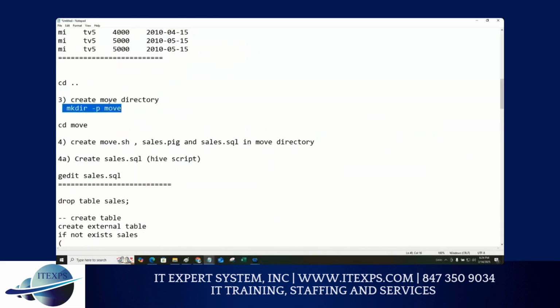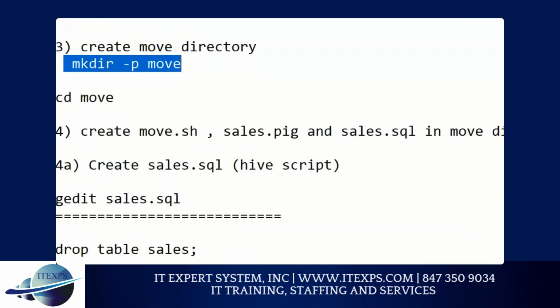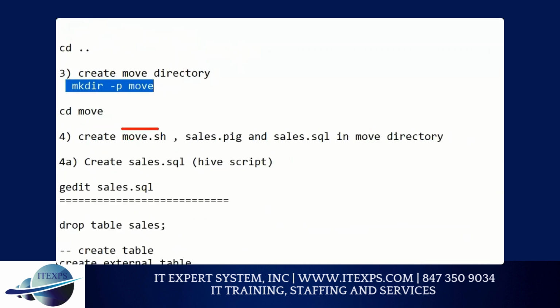So we are going to create one by one. It's very important that you understand. Move.sh is nothing but a shell programming, a Linux programming. It itself takes time to understand. I have done it, so I can use it right away. But if you want to learn this clearly, we need to learn Linux,